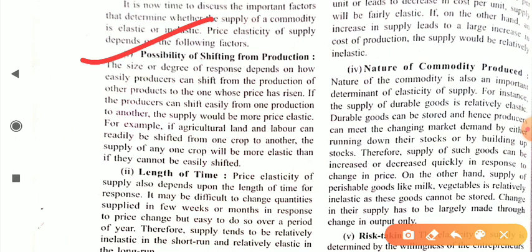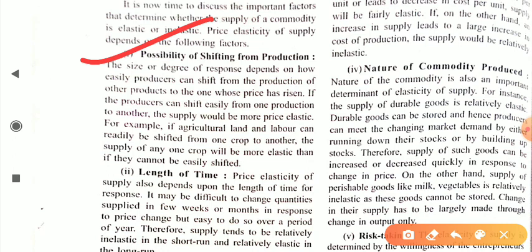Dear student, always keep in mind that when production shifting is possible in the economy, suppose in an agriculture field, in agriculture land, if you can shift your agriculture land, if you can shift your labor, okay, if you can switch between the labor and the land, and you can switch from one crop to another crop, it simply represents the shift of production.